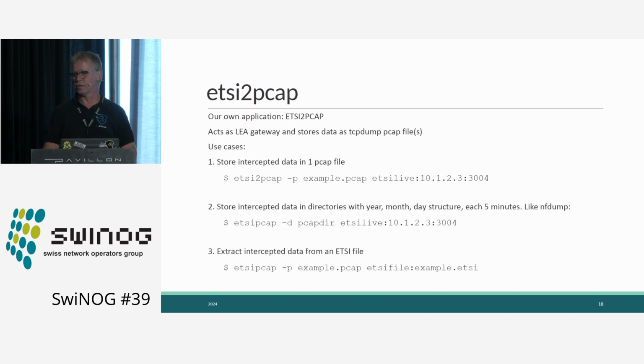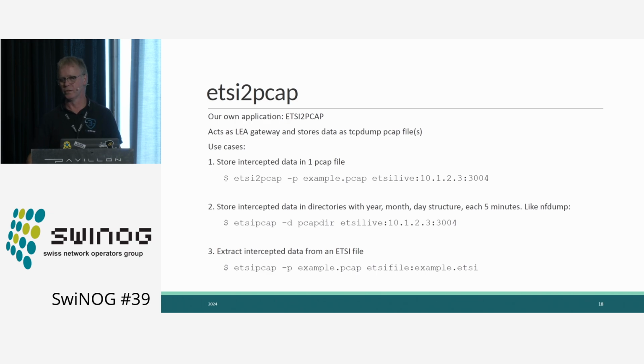So what we did is we created the ETSI to PCAP software. That's an extension on the trace packet dump for extracting the data itself from the ETSI dump or the ETSI live. So what you can do is with this software, you can put on the intercept with the OpenLI. You can configure the law enforcement agency for this. So you give the IP address and the port number you want to send it to. You configure the ETSI PCAP as a law enforcement agency, and then it will put the data into a TCP